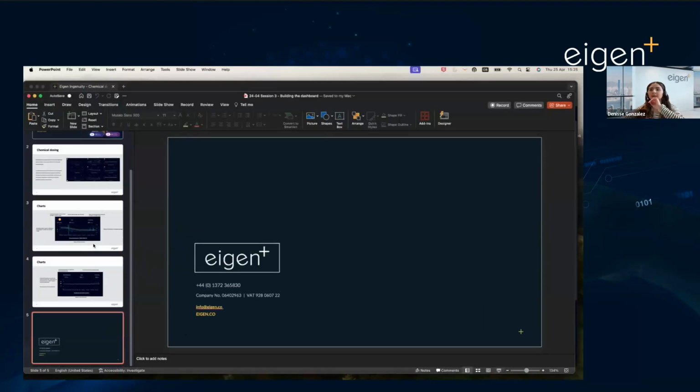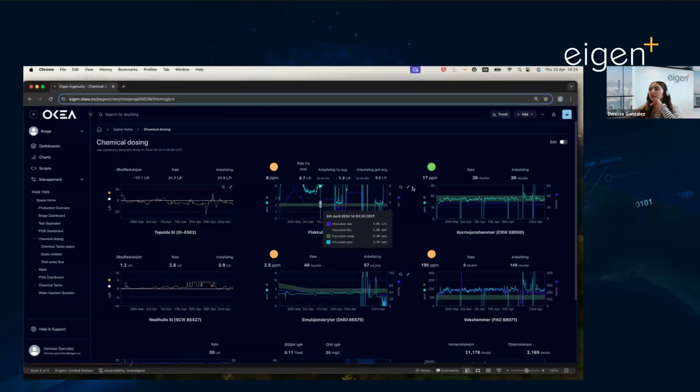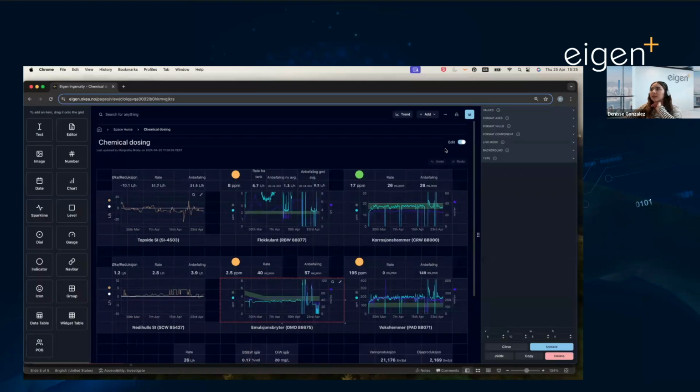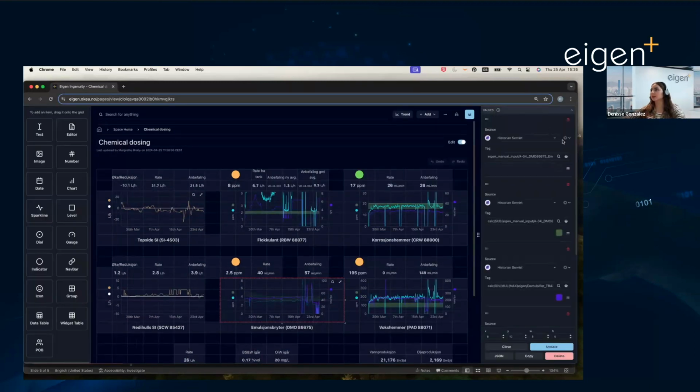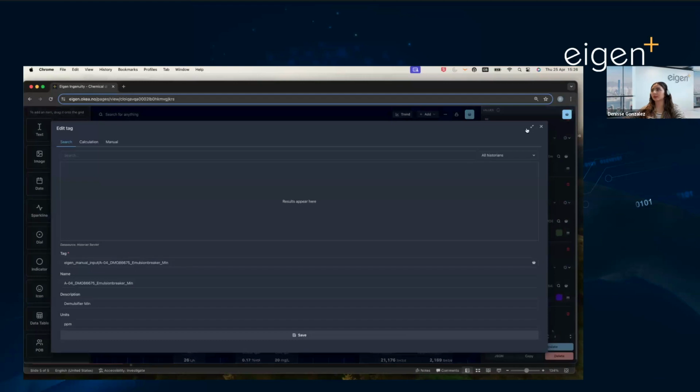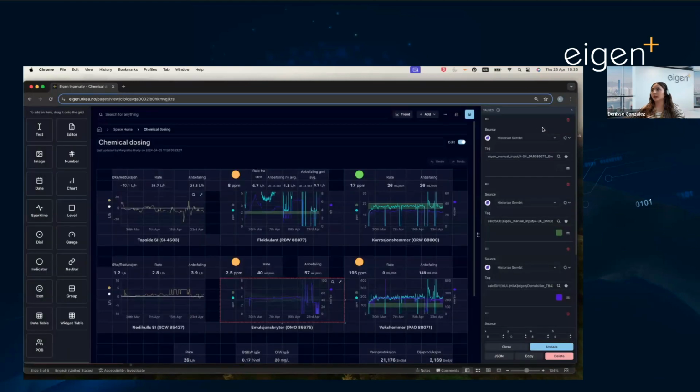And let's see the dashboard itself. Here we go. Okay, so if we select edit mode here, then we can see the values that we have. In this one, we have, as I mentioned before, the minimum, which is a tag here. And here we have it as a